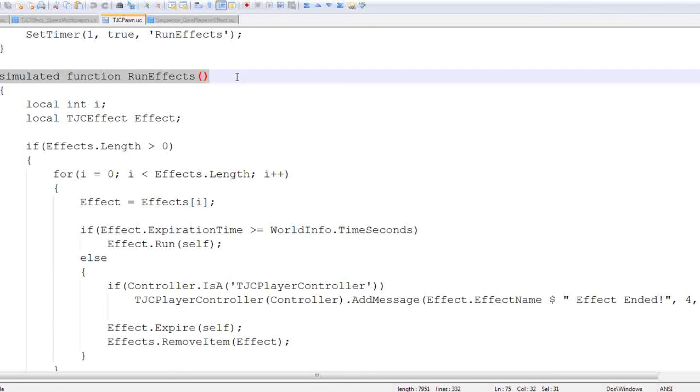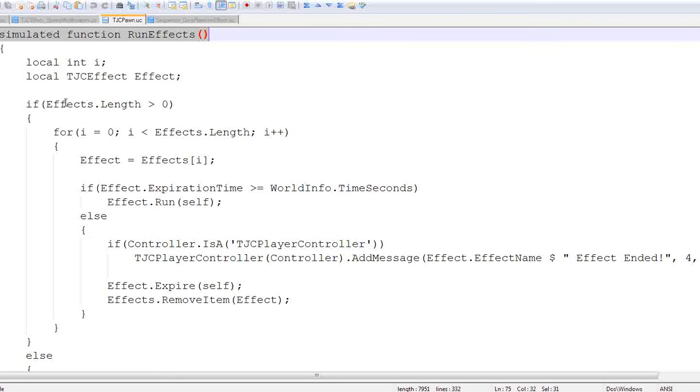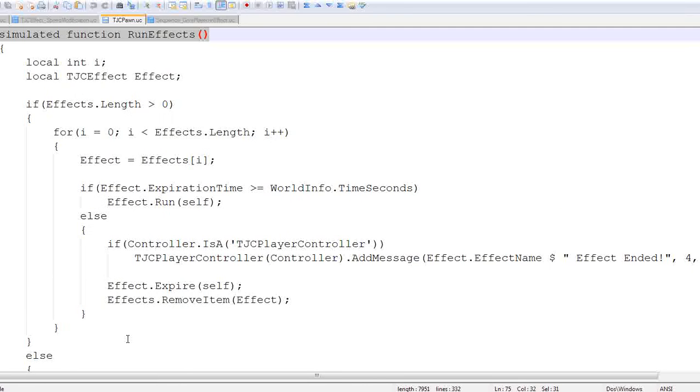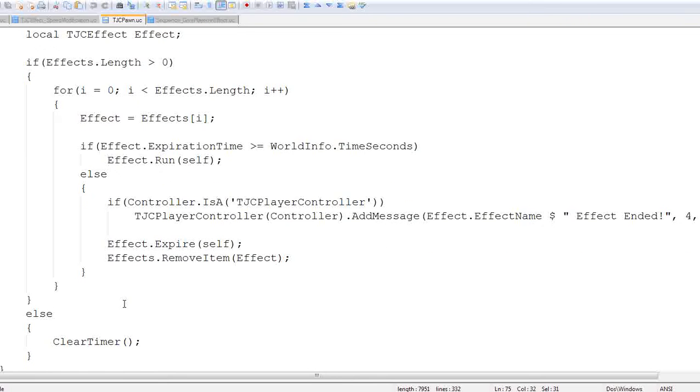We have simulated function run effects, we have an integer I and a TGC effect. If our effects are greater than 0, so we have something, we're going to do this logic, but first if we don't, we're just going to clear the timer, so there's nothing to do. But if there is, we're going to loop through each one. That's what this for loop is doing. It's pulling out each effect at